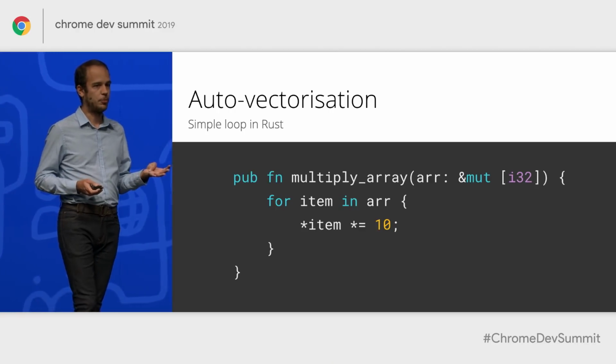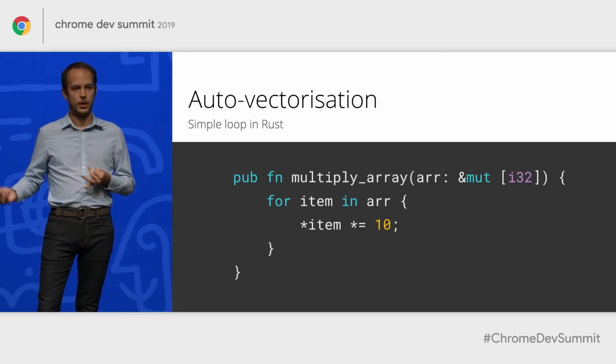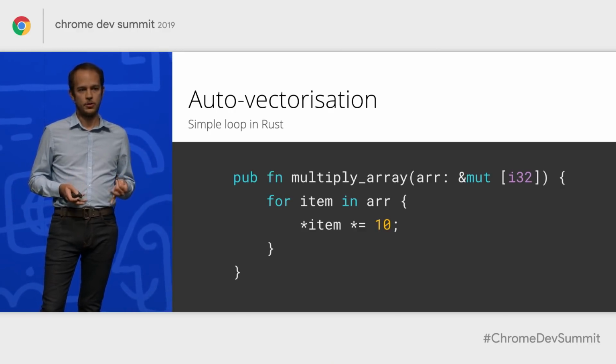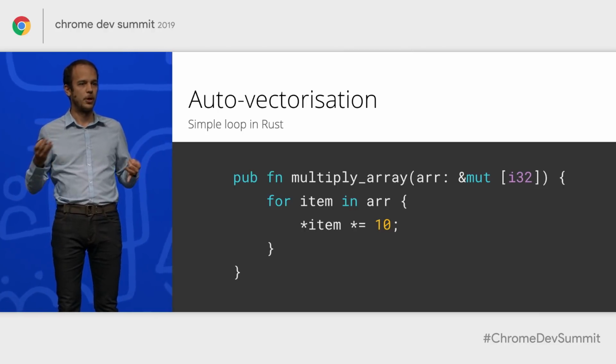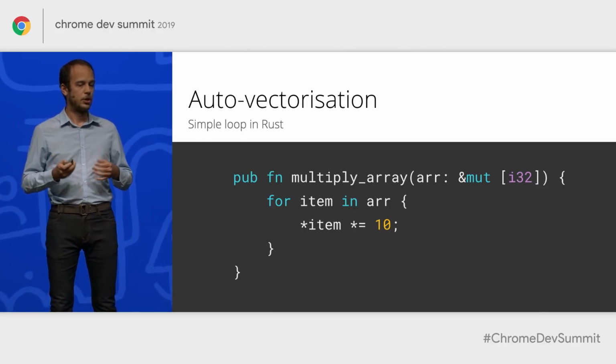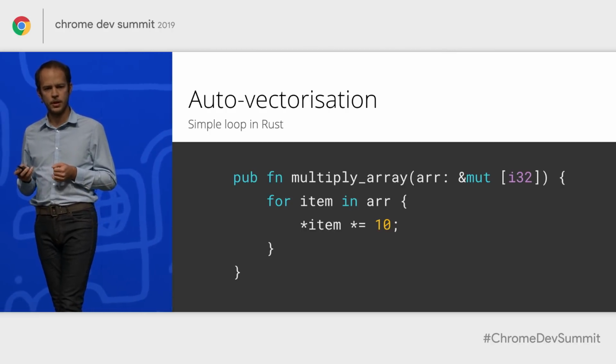It performs arithmetic operations, also check. And it clearly operates on them independently, also check. So the compiler should be able to make use of SIMD to process several elements at once rather than handle them one by one, and make it faster. Let's see if it does. First, let's compile this code